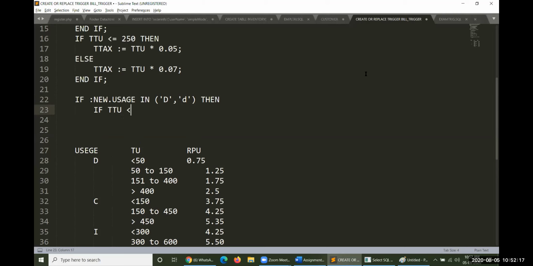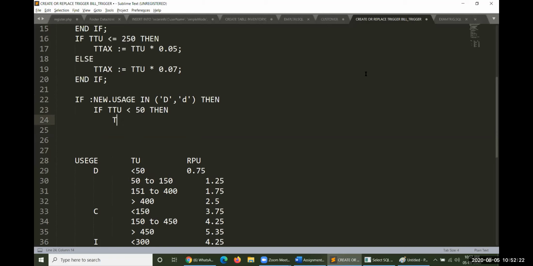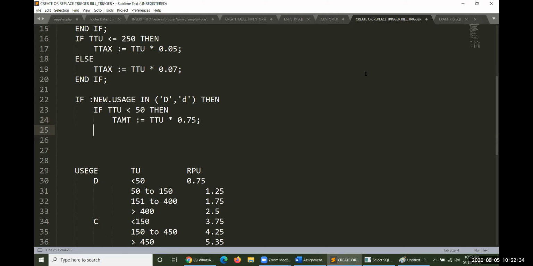Total units less than 50, then what is our amount? TAMT will be equal to total units into 0.75 paisa, TTU into 0.75. Okay. Otherwise, one more condition, 50 to 150. So TTU is greater than or equal to 50. And if you want to write BETWEEN and, of course, it is also accepted.